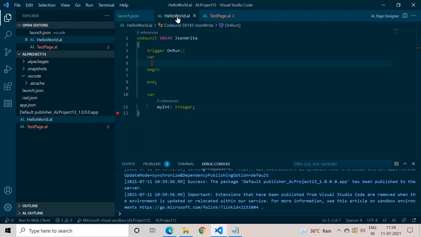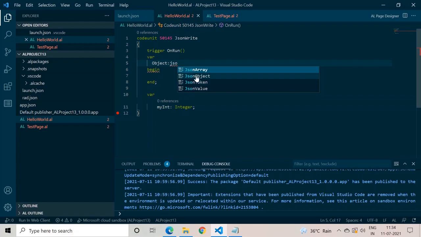initiating the variables. The very first variable which we have to write here is a JSON object data type variable. As you can see, when you type JSON, you are presented with these four data types related to JSON: JSON array, JSON object, JSON token, and JSON value.